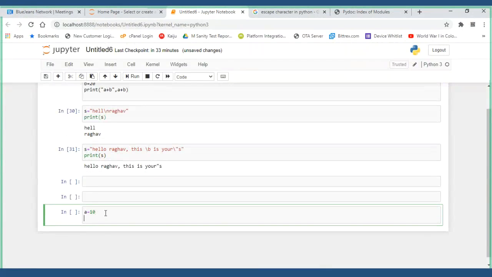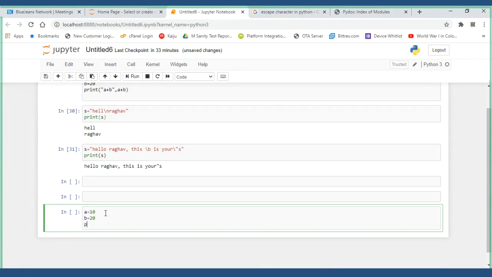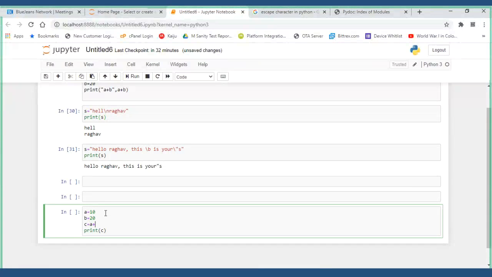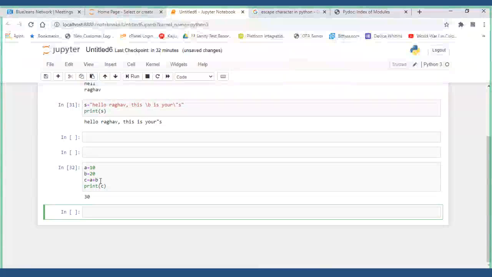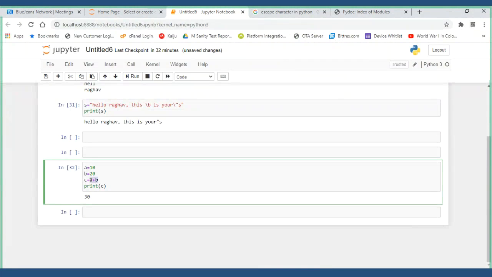A is equal to 10, B is equal to 20. Print of C, for example, where C is equal to A plus B. From the code you got 30 as C. What I'll do is take it, Control C. I want to print A plus B is equal to something.